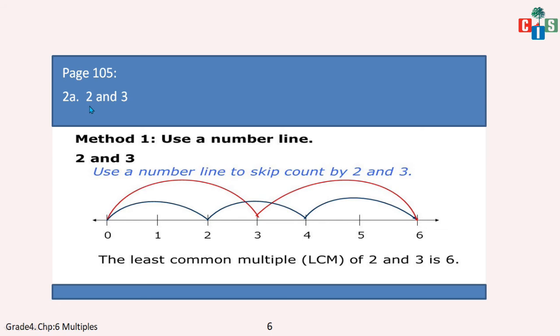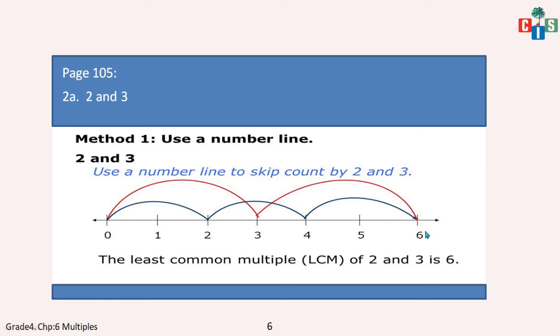So you have to make the frog jump at the gap of 2 and make the frog jump at the gap of 3. So see, for 2 I am using the blue pen. 0 to 2 and 2 to 4 and 4 to 6. The frog is jumping. Okay. And now the frog of 3. So it will jump at a gap of 3. 3 counting. Okay. So from 0 to 3 and from 3 to 6 directly it will jump.